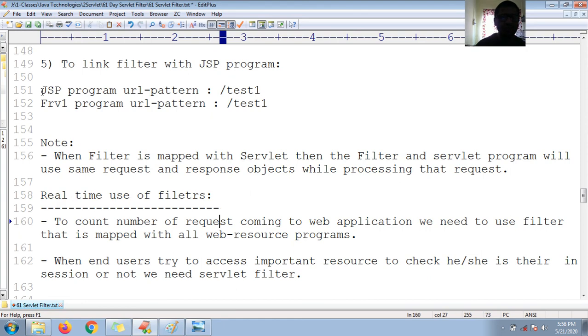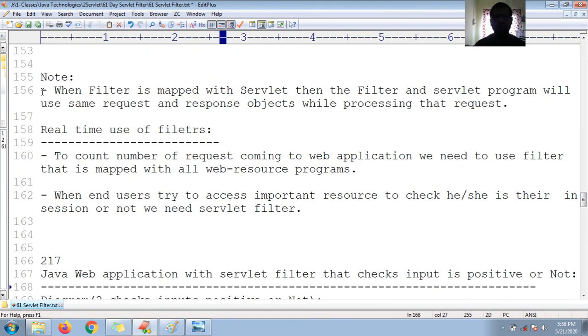Okay guys, now let us see one Java web application with a servlet filter that checks whether the input is positive or not. I will create one Java web application which contains one servlet program or any web resource program. Before the request goes to that servlet program, your filter should trap that request. It will check whether that number is positive or negative. If it is positive, we'll process that logic. If it is negative, we'll give a warning message. Okay guys, now let us see this Java web application. So to work with this Java web application,